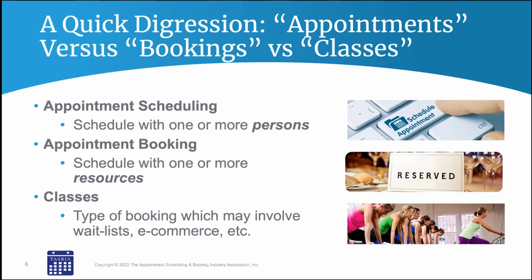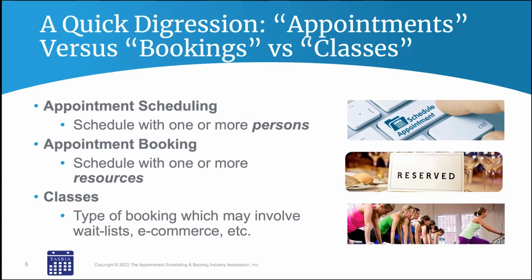Now there is some overlap. For example, resources can be used in appointment scheduling. If I want to schedule a meeting with some folks and I need a conference room, the system will go out and make sure there's a conference room available and block it out. Or I could say I need a conference room which has at least 6 chairs and a table, and maybe one which has a video conferencing screen. So you can add these capabilities. But in general, we talk about scheduling as human to human.